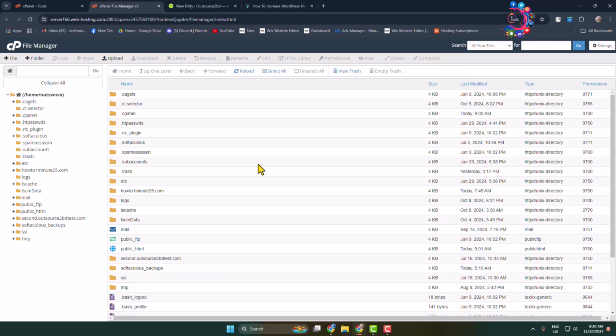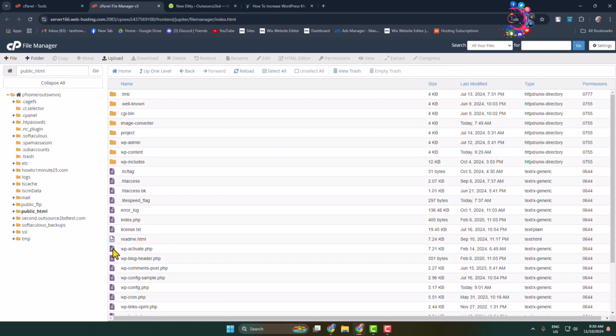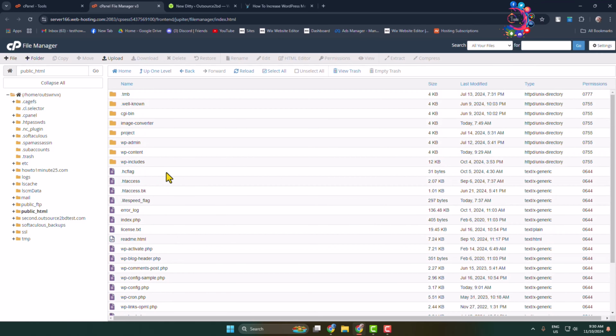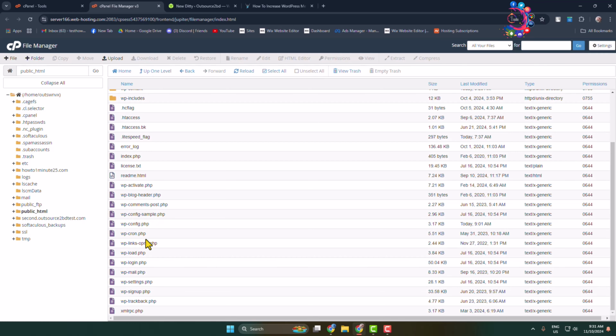I've installed my WordPress in public_html, so I'm going to open public_html. And here you will find your WordPress website, all files. Now, before deleting all WordPress website files from File Manager, we have to find out our database, in which database we installed our WordPress website. To find out the exact database, here you have to find this